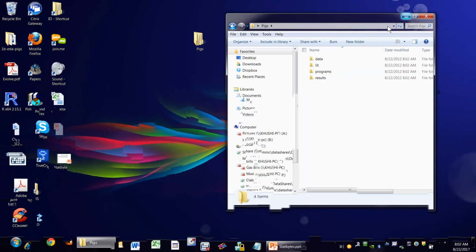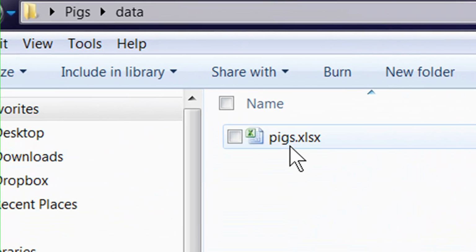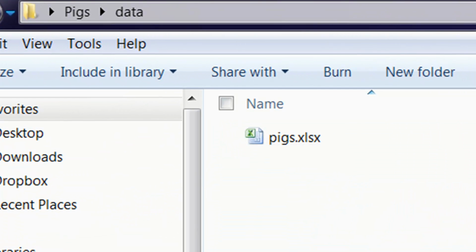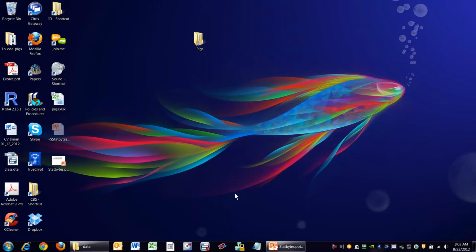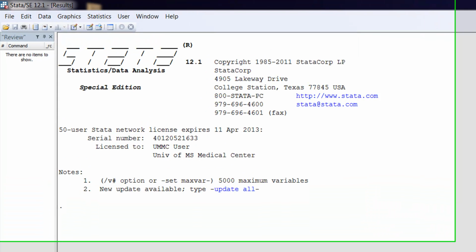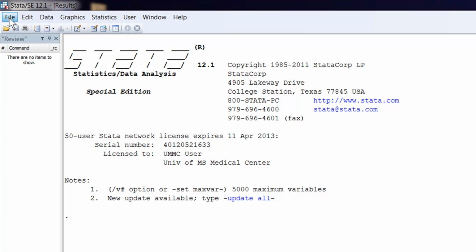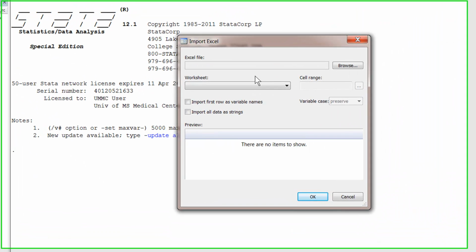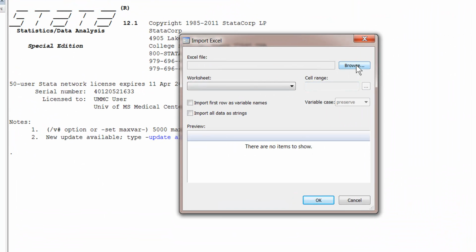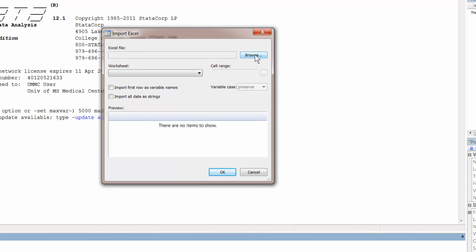Now if you see, it's in the XLSX format. We want to convert that into the Stata format. To do that, I'm going to click Stata and use the import procedure. To access that, I'm going to click File, Import, Excel Spreadsheet. Once you click that, it's asking you to point to where the file is located. Click Browse,